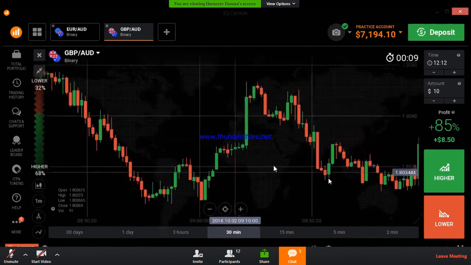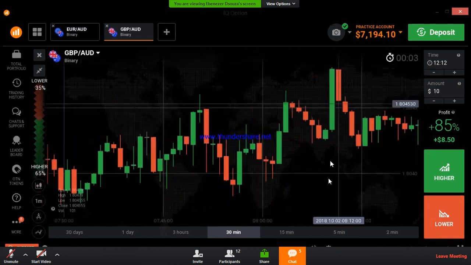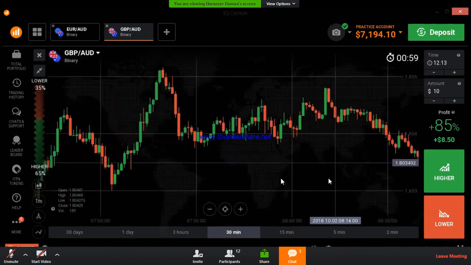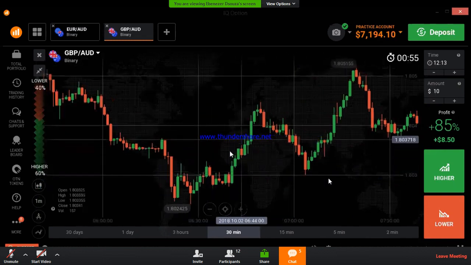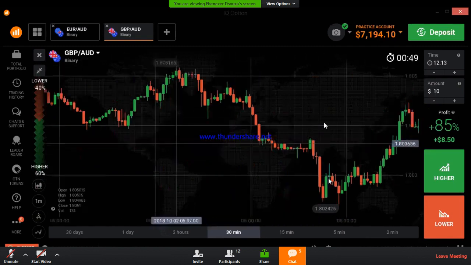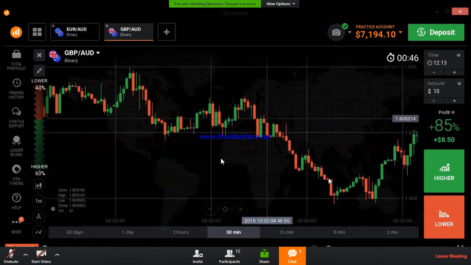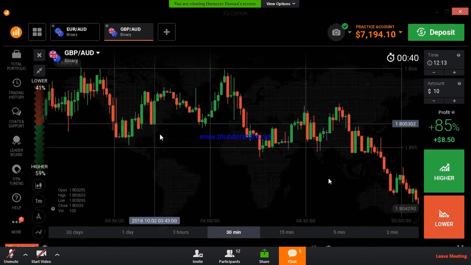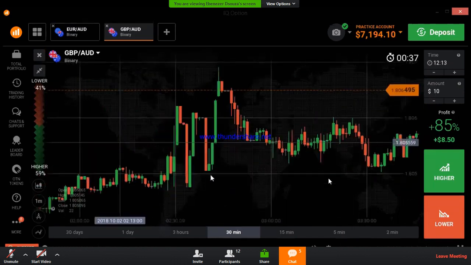Strong candles, we can't take the strong candles as a confirmation. Most of the time the strong candles will reverse the market. Okay, got it? You can see most of the time it is reversing the market. Strong candles work as reversal candlesticks. 70% of the time it will reverse the market. Okay, got the point?